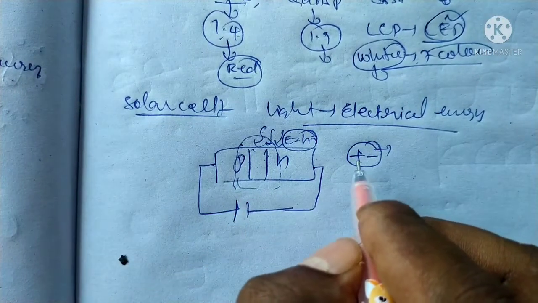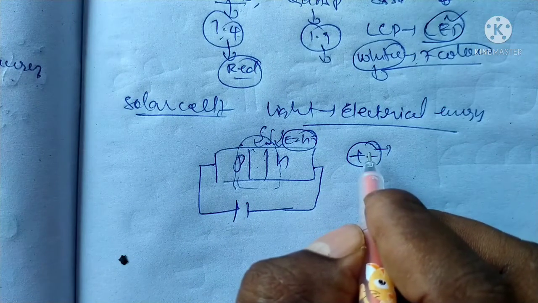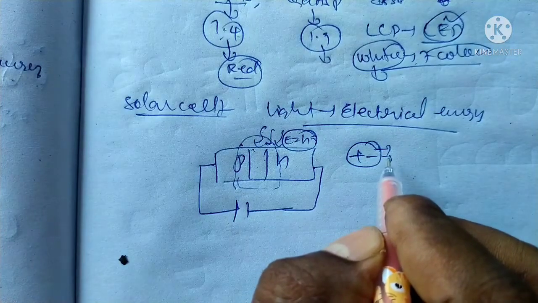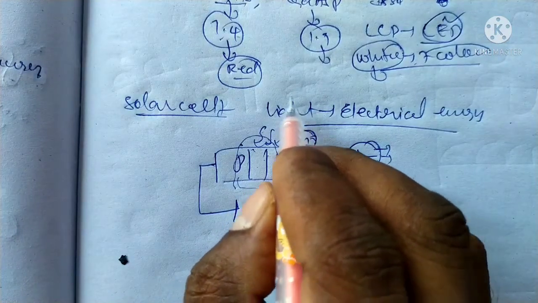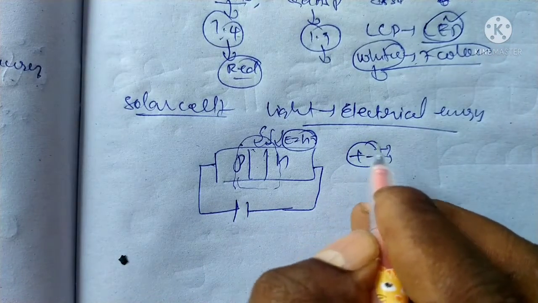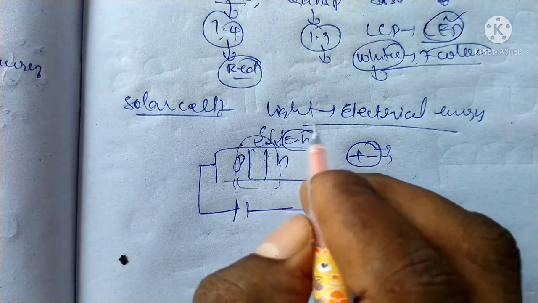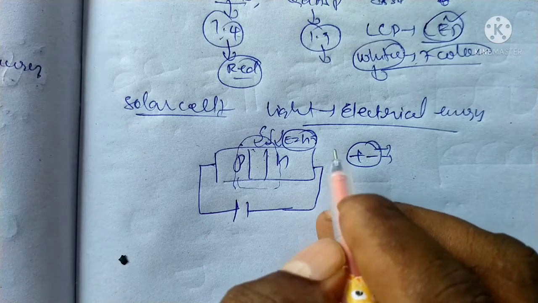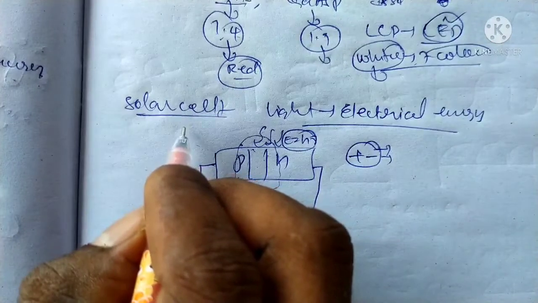The electron-hole pair generation occurs, and it emits some amount of energy. That light energy is converted into electrical energy. The energy is released in the form of light energy or electrical energy or whatever it may be. That is a conversion from one form to another form. This is called optoelectronic devices.